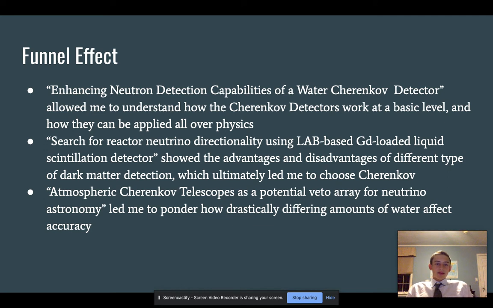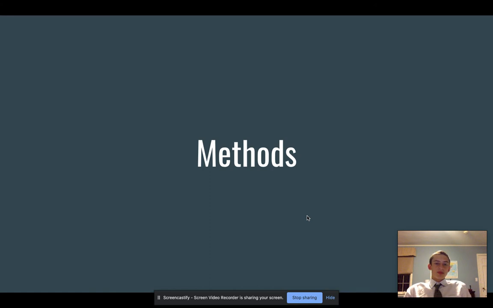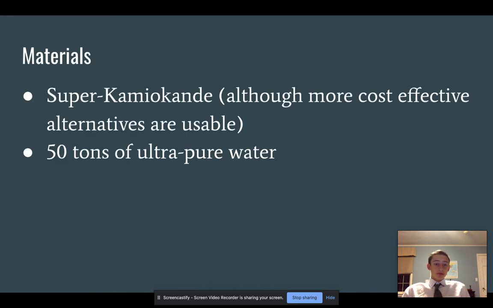And atmospheric Cherenkov telescopes as a potential veto array for neutrino astronomy led me to ponder how drastically differing amounts of water affect accuracy. So if there's really a big difference between 100 gallons and 50 gallons, and if it's really necessary to have 100 gallons. The methods were that the Super Kamiokande,